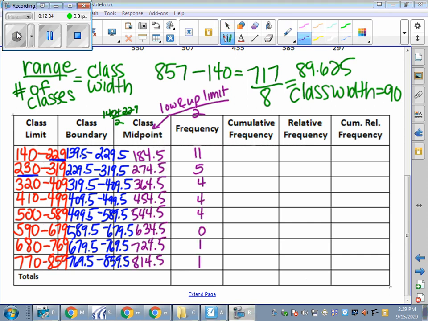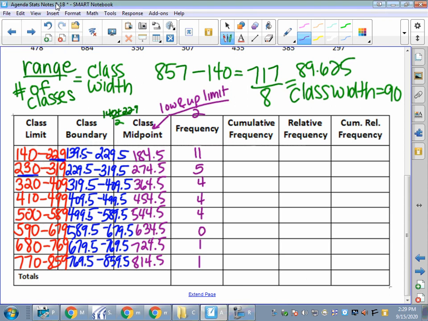All right, hopefully it was that quick to get all that data on there. Double check my midpoints. If my math is right, my midpoints should all be 90 apart as well, because that's my class width. So your class width is really going to come around and repeat itself often. So cumulative frequency. Cumulative is adding as you go. You're accumulating things. It's not a decimal, it's not a percentage, it's how many of the pieces of data have